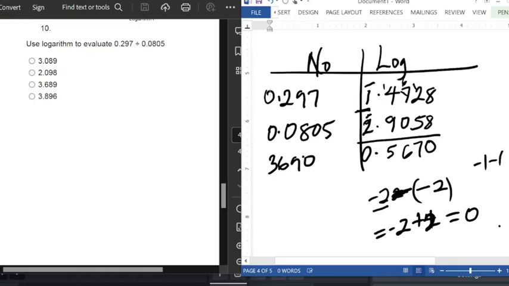Now it remains where to put our decimal point. As you can see, we have 0 at the characteristics part. We add 1 to it, so that gives 1. We then count 1 from the left, so we have 3.690. That is the answer there. That's option C. I hope this